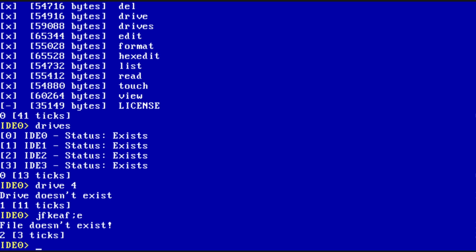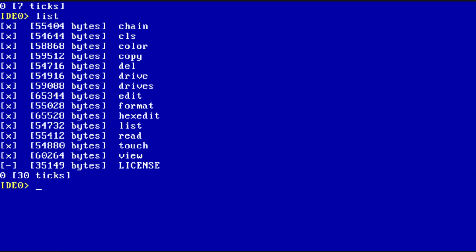So now, why did I implement this? What's the point? The point is chain. Now, chain is a very interesting, very cool program. It's essentially an interpreter for a single-line programming language that I have developed. And yeah, this is actually pretty sick. So if we do chain,